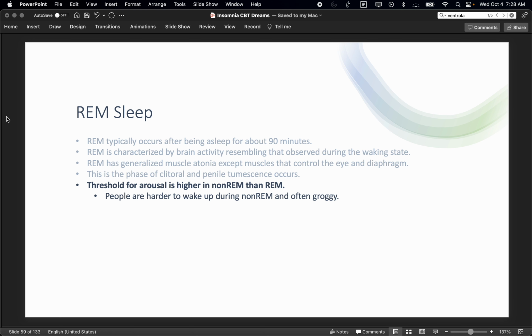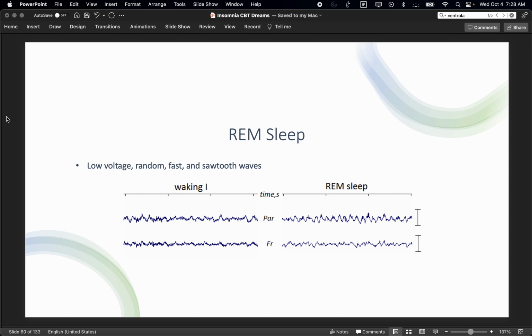The threshold for arousal is higher in non-REM than REM. So people are harder to wake up when they're in non-REM and they're really groggy. When you're in REM, typically you can wake people up a little faster, and they're a little more alert. So here's an example of what REM would look like on the right. You just have these random, fast, low voltage sawtooth waves, which is pretty similar to being awake,